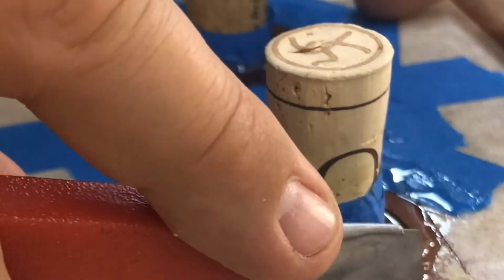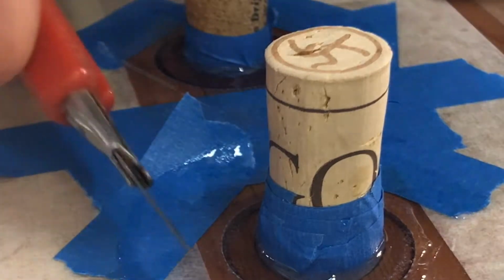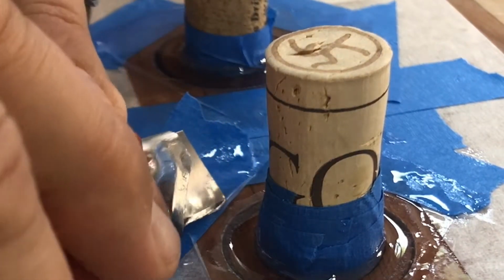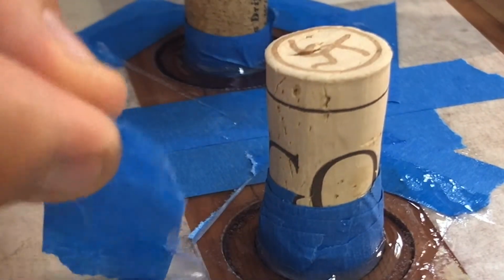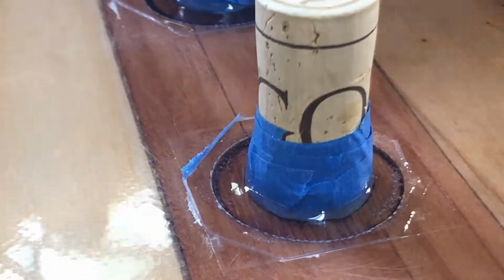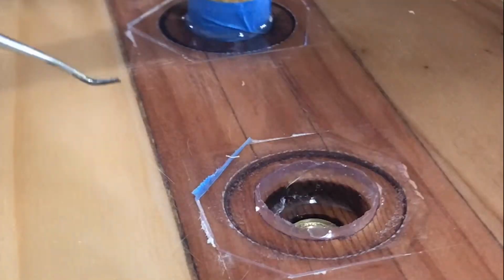But while it's set, I'm just gonna cut around here so I can get this tape off, the nicer clean line. So I'm going to leave this another hour or so with the scraper, but I really want to get